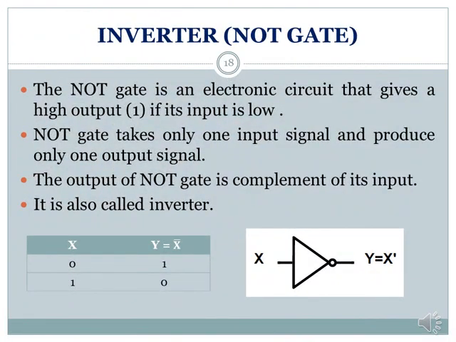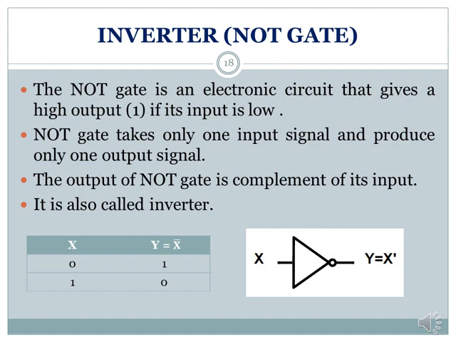The inverter is nothing but your NOT gate. The NOT gate is an electronic circuit that gives the opposite output. For example, if you give the input as low, you will get the output as high. If you give the input as high, you will get the output as low. Here the truth table shows this: you give the x value as 0, that is low voltage, but you get the output as 1. That is the concept behind the inverter. And if you pass a high voltage like 1, you will get the output as low voltage, 0.